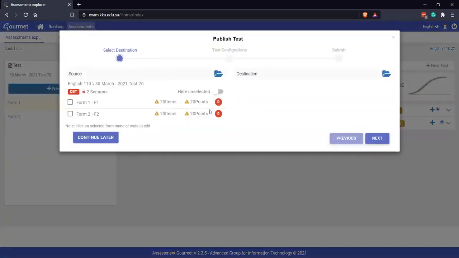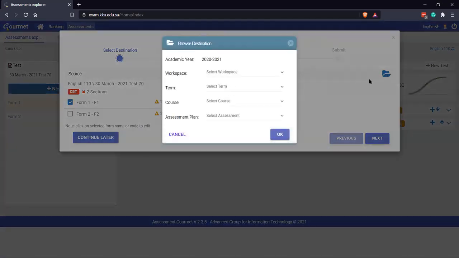Okay, so I can do it from here. So I just edit here. I will select here. This is the source. The source is a form. So I'm only going to publish form 1. Okay, and this is the destination. Here in the destination, I have to select which course. So I will select here workspace. I have to select my college. Here I just have a training